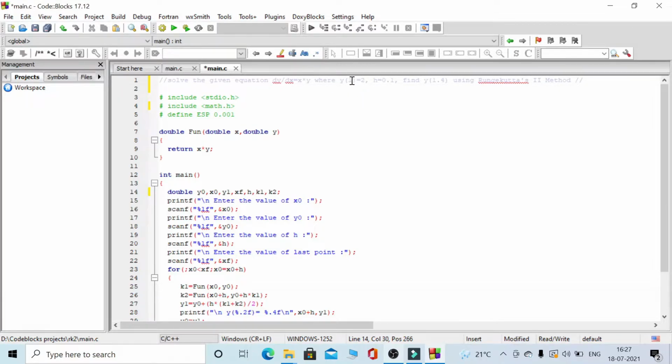So here we can get the value of x and y. So x value is 1 and y value is 2. And this is the step size, that is h, and we have to find the value of y till x value becomes 1.4. So coming to the code, here we have included two header files, that is stdio.h and